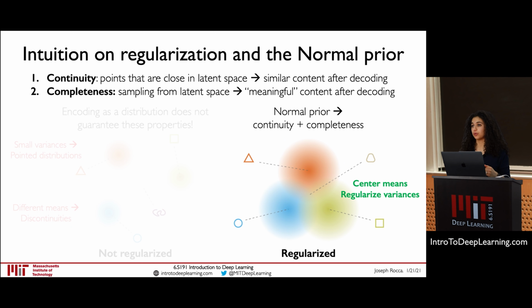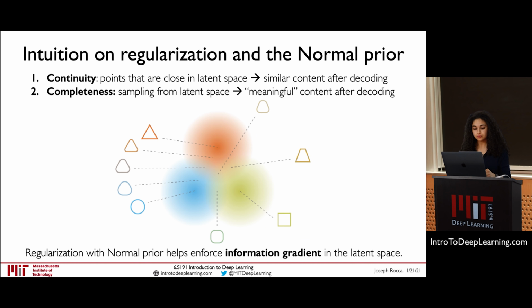Centering the means, regularizing the variances. So the regularization via this normal prior, by centering each of these latent variables and regularizing their variances, helps enforce this continuous and complete gradient of information represented in the latent space, where again, points and distances in the latent space have some relationship to the reconstructions and the content of the